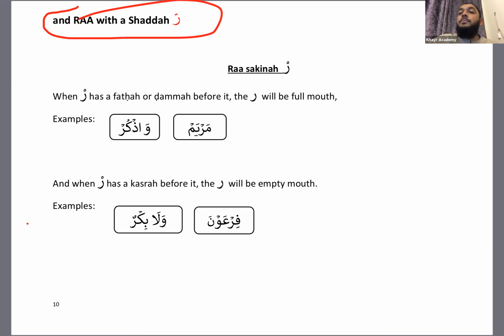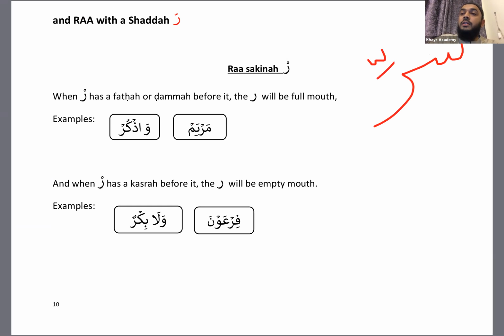Let me just give you an example. My writing is not good. Let me just clear this. Sharri. Do you know in قُلْ أَعُوذُ بِرَبِّ الْفَلَقِ مِنْ شَرِّ مَا خَلَقَ وَمِنْ شَرِّ غَاسِقٍ إِذَا وَقَبَ. Now, this ra doesn't have a single vowel. It's got a single vowel, but it's got a shadda on it. So what do we do? Exact same rule happens.